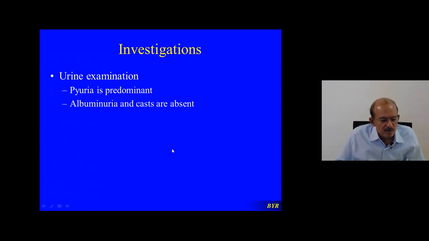As broadly, the glomerulonephritis is classified into acute, subacute, and chronic. The subacute glomerulonephritis also produces a syndrome called the nephrotic syndrome. So in both these conditions, that means in acute, chronic, and subacute glomerulonephritis, there will be albuminuria. But in case of pyelonephritis, which is infection of the pelvis, ureters, the glomerulus is not affected. That is why albumin and albumin casts are not seen. But you may see pus casts.